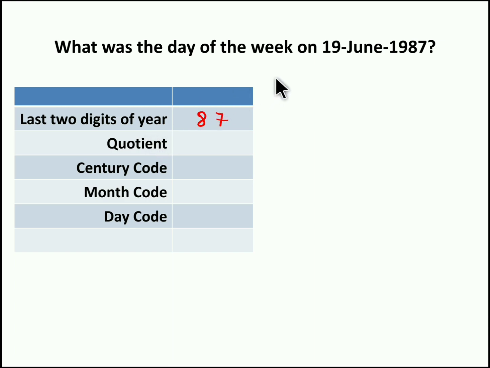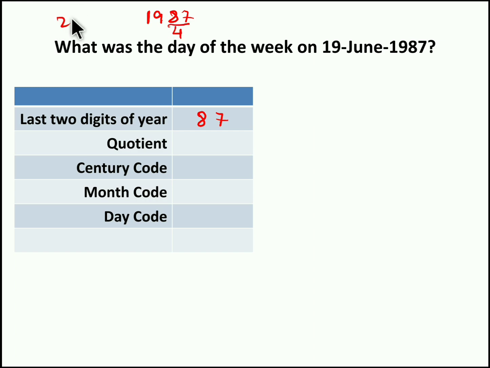This year is obviously a non-leap year. It is a normal year. A normal year has 365 days, and a leap year has 366 days. Now how can you check whether a year is a leap year or not? You have to check the last 2 digits. If it is 1987, you don't need to divide the complete 1987 by 4, because you can check whether a number is divisible by 4 or not by checking the last 2 digits itself. The last 2 digits are not divisible by 4, so this is not a leap year.